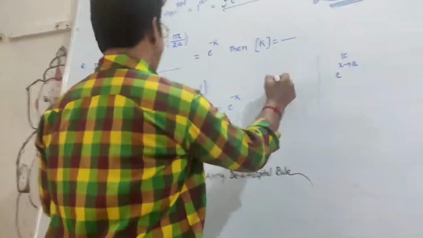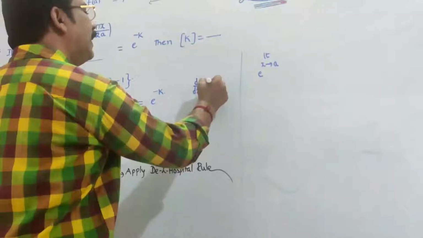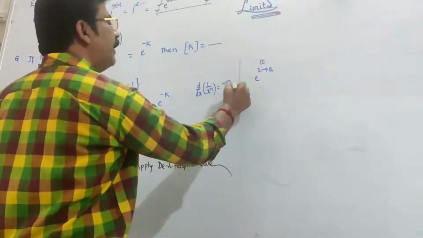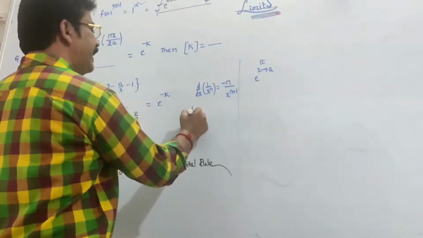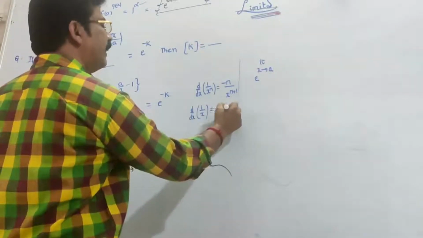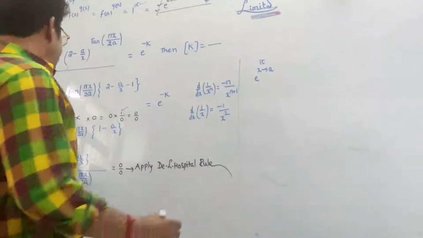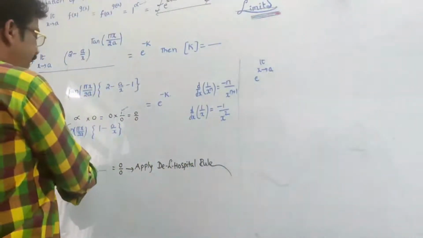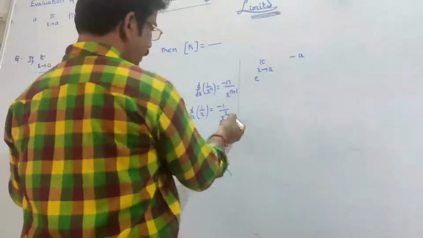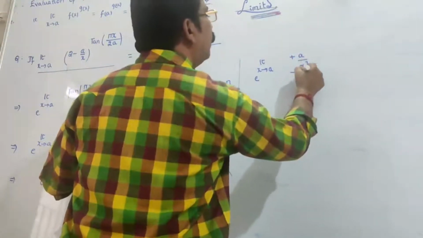Here d by dx of 1 divided by x to the power n is minus n divided by x to the power of n plus 1. Thus d by dx of 1 by x, n equal to 1, means minus 1 divided by x square. So it is minus into minus plus, so minus a into minus 1 by x square, divided by